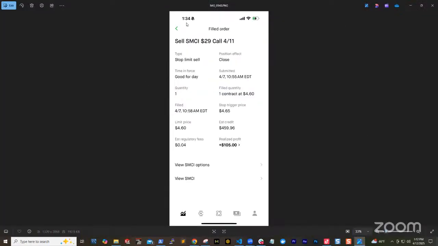So on this trade, I made $100, right? If you see a trade where I made $100, that is probably because I set my stop loss. At some point I was probably making 200 here, and I set my stop loss and said, okay, if it drops here, sell it. And you always want to do that.